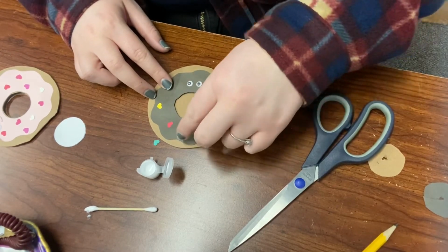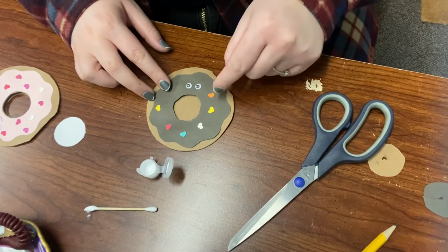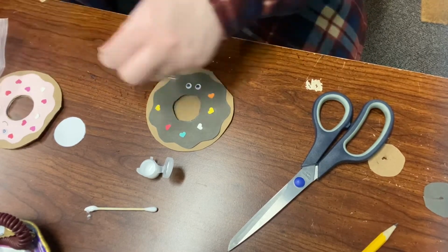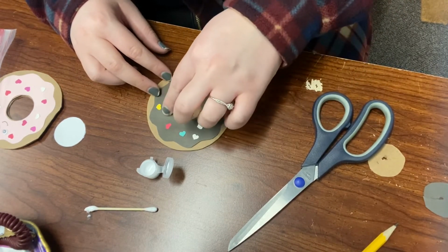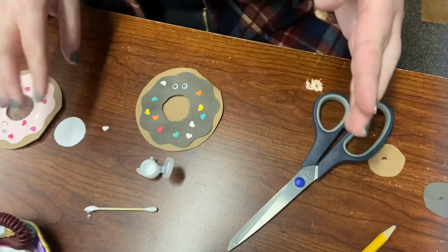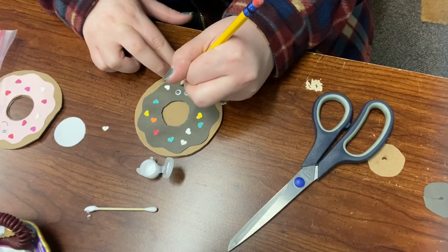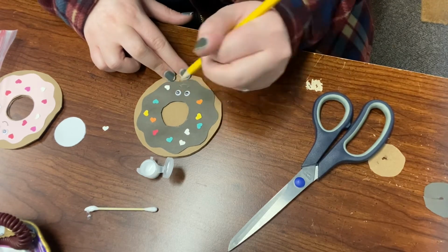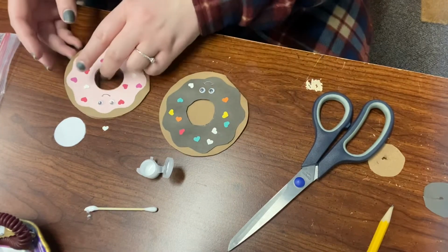Your sprinkles can be like upside down or sideways. When you put sprinkles on a donut, they're kind of all over the place. So kind of see where you want to put your hearts, and then you can start gluing down. Okay. After you do that, glue your hearts down and glue your eyeballs down, and then you just add a little smiley face. I would do either a black marker or a black pen, and then that's just about it. And then you can add a little